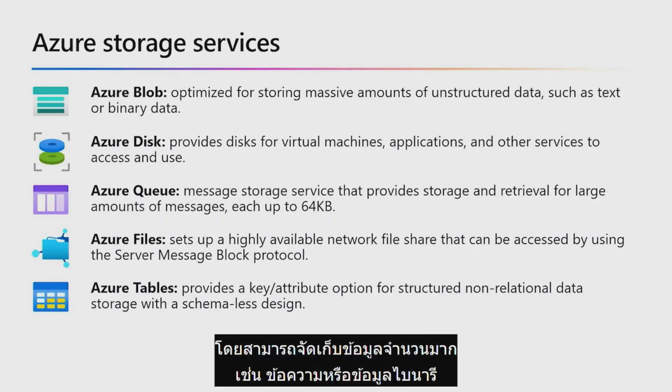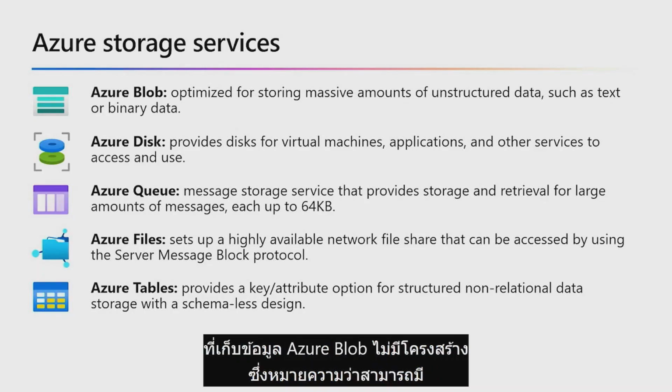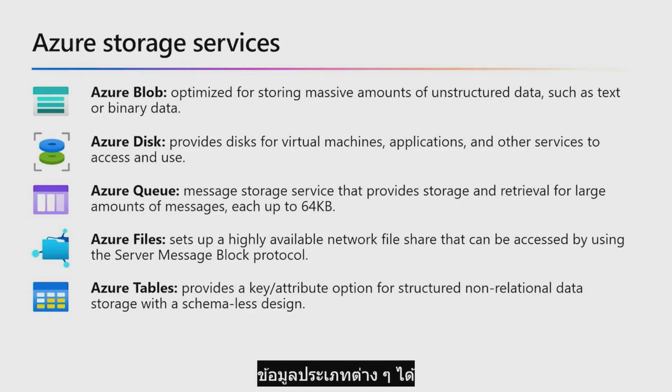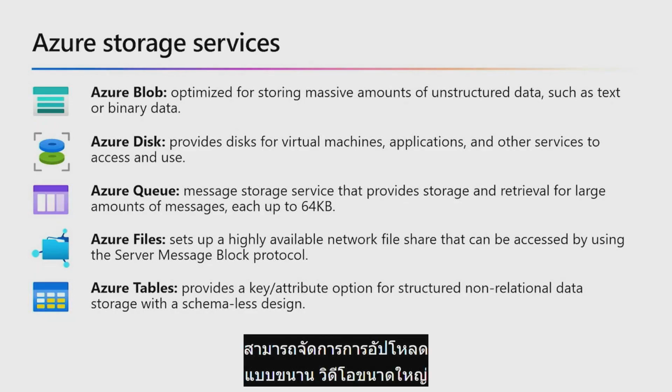It can store large volume of data, such as text or binary data. Azure Blob Storage is unstructured, meaning it can contain various types of data. It can handle thousands of parallel uploads, large video or image data, constantly growing log files, and is universally accessible